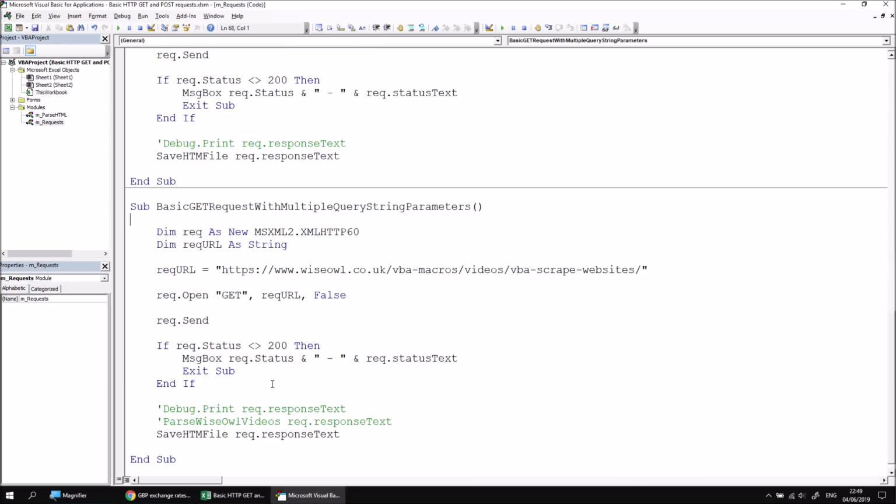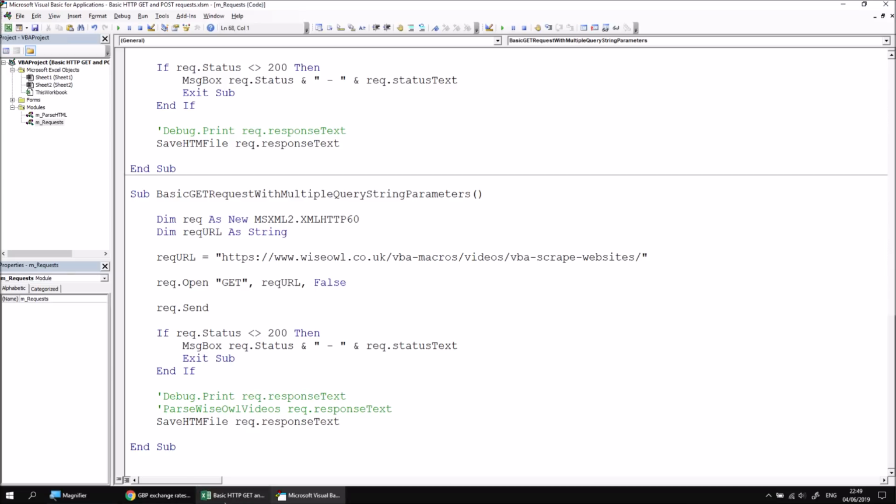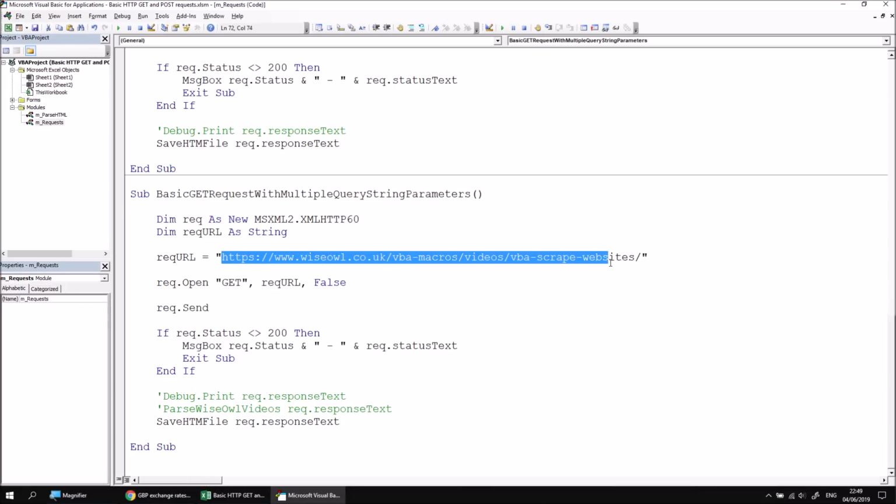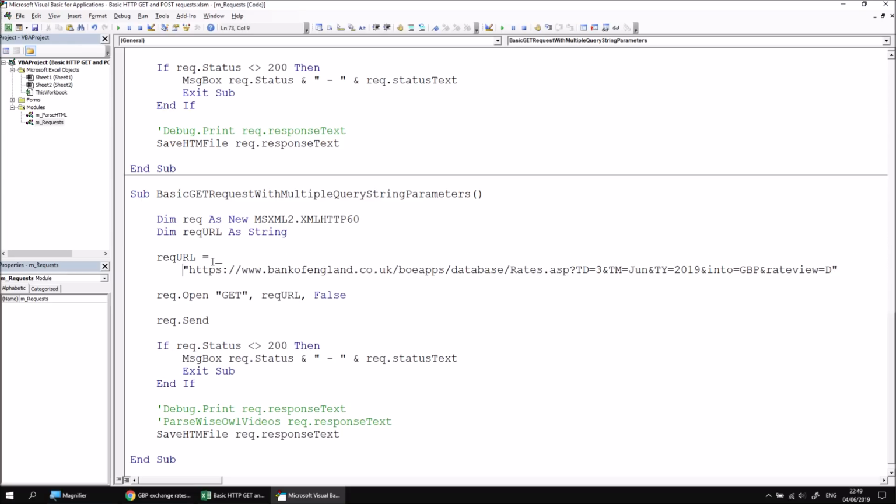Okay, at that point then we can just go away and copy and paste the URL from the Bank of England exchange rates database. Let's copy that and then paste it into the new subroutine. And then what we'd need to do is start splitting this URL string into its various component parts. So to make life easier here, I'm going to separate it onto multiple different lines using a space underscore continuation